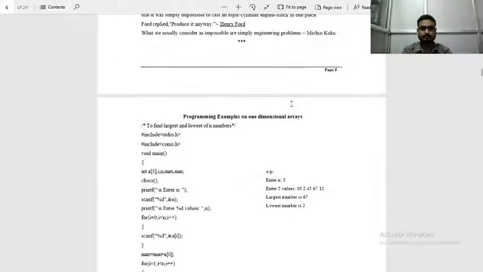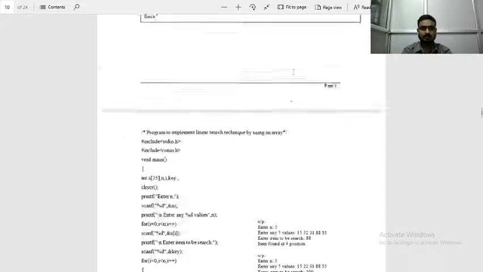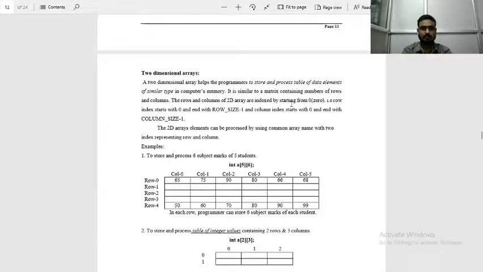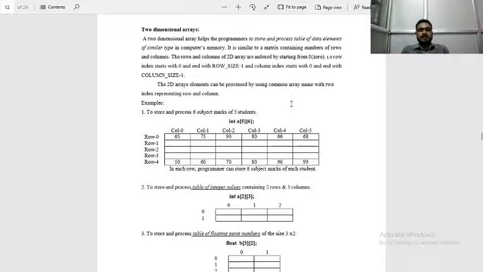Next, we have covered the one-dimensional array. Now we are going for the two-dimensional array. A two-dimensional array can help the programmer to store and process a table of data elements of a similar type in a computer's memory. It is similar to a matrix containing numbers in rows and columns.